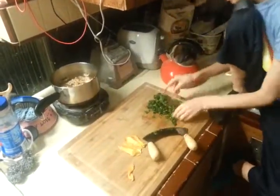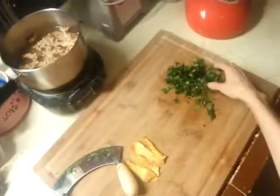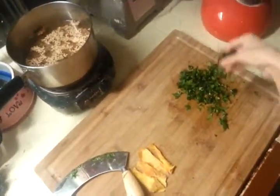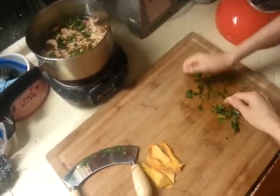But yes, it's definitely very fun. I'm going to add just a touch. Normally we have twice the amount of greens, but I did not. It's raining right now, and I did not go and harvest the other ones. So I'm just going to put a touch in there, and then the rest will go into the...